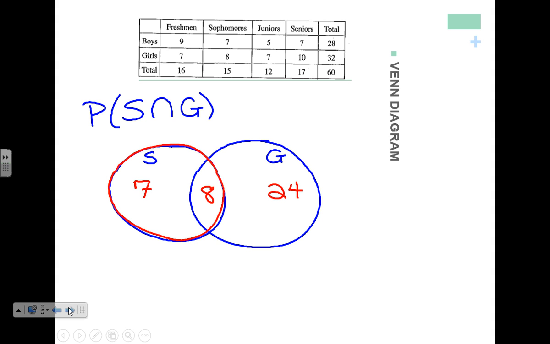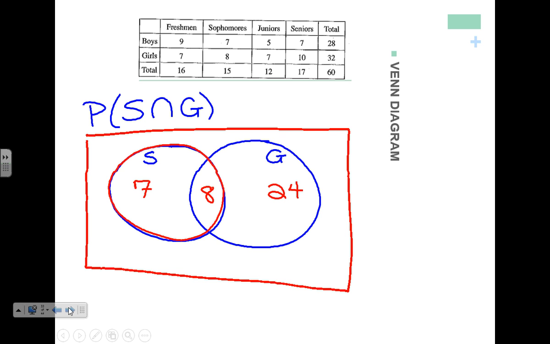So again, we could find some probabilities here by just looking at this chart. When you are asked to do a Venn diagram, always make sure you put a box around it and have the grand total included. In other words, there are 60 total people in this sample in this school, and so we need to make sure all these numbers add up to 60. Since we had the sophomores and the girls all in the 2 circles above, we did not include circles for freshmen, juniors, boys, and so forth. We need to make sure that the remaining 21 people out of the 60, 21 plus 7 plus 8 plus 24, all adds up to 60.